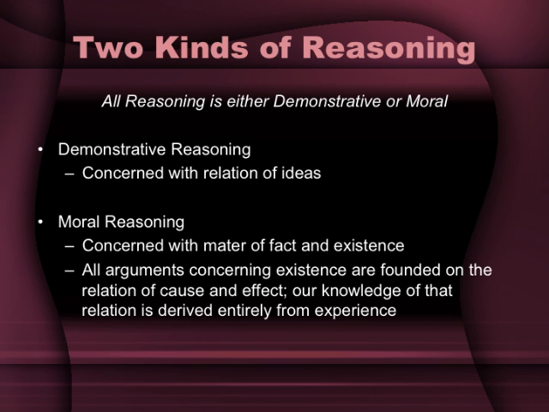Deduction: all unmarried men are bachelors. Jim is an unmarried man, therefore Jim is a bachelor. The argument's premises hold the definition for the conclusion. The negation of the conclusion creates a contradiction within the premise. There is nothing inherent in the conclusion, the sun will rise tomorrow, that is located within the definitions of the premise. It can't be found there. Just because it's always happened in the past does not define that the sun will rise tomorrow. So that's the difference between induction and deduction.